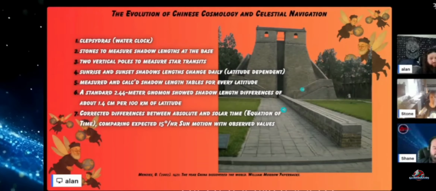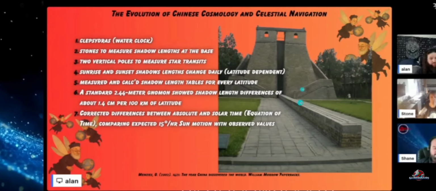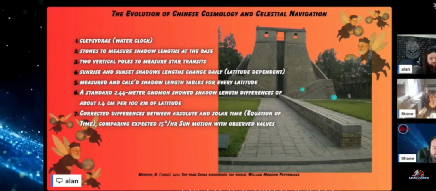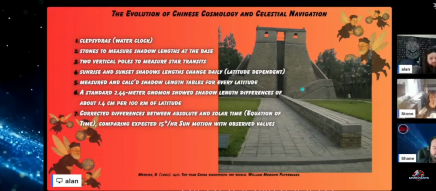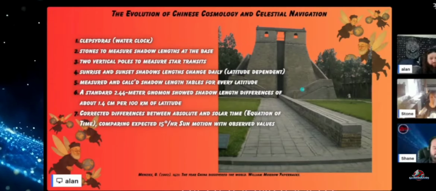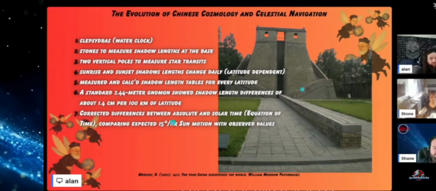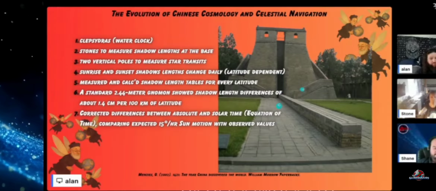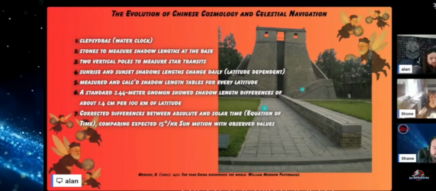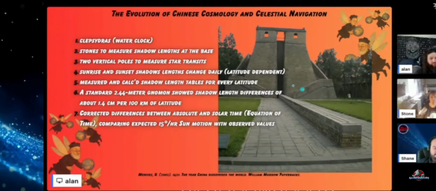So that gnomon system that they had set up, they would have a large pillar at the top of this structure that would cast a shadow down here. And throughout the day, they would place stones on the shadow. And throughout the time of year and day, they came up with tables of the minimum and maximum lengths of the shadows. And then per degree of difference in latitude, they could tell by the shadow length what latitude they were at, because every latitude would produce a different shadow length. So they mapped out all these differences and came up with these tables. So what you could do is set up a smaller pole at any location in the world and take a shadow length measurement, and the ratio of the length of the shadow to the pole is going to tell you what latitude you're at.